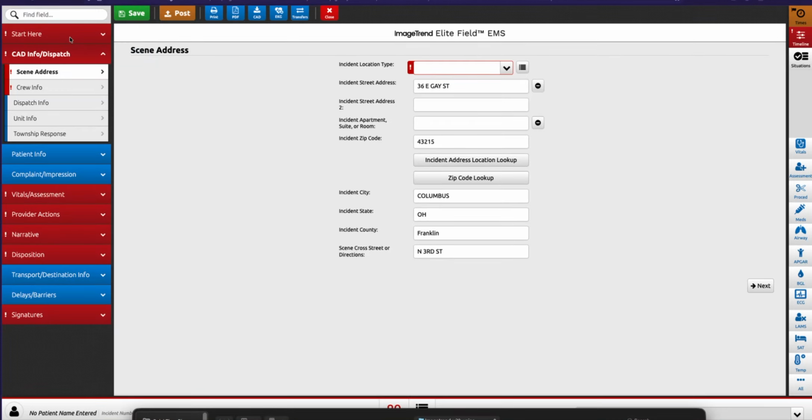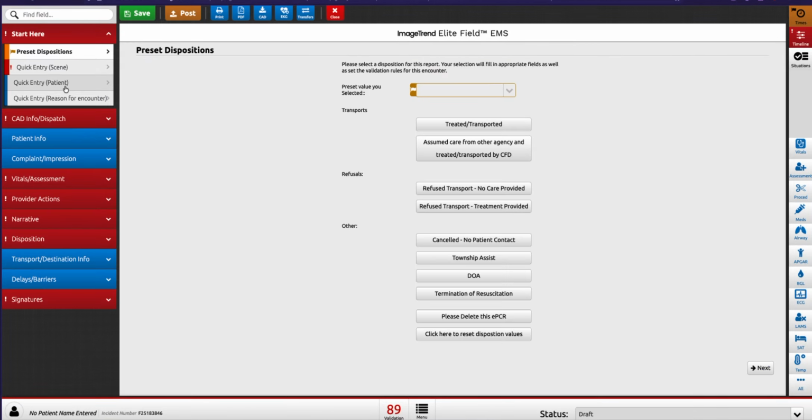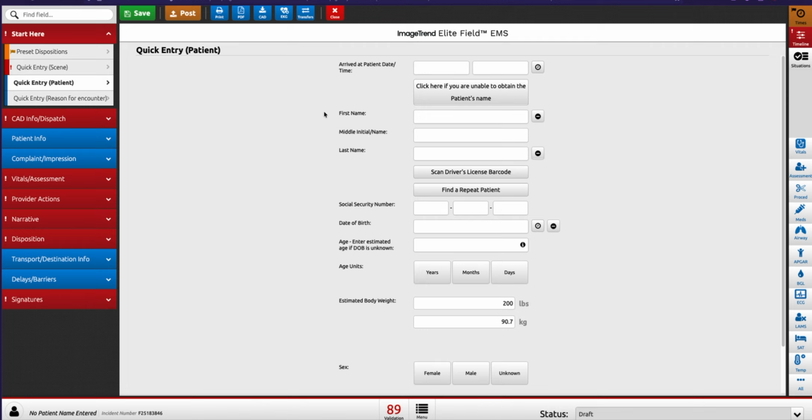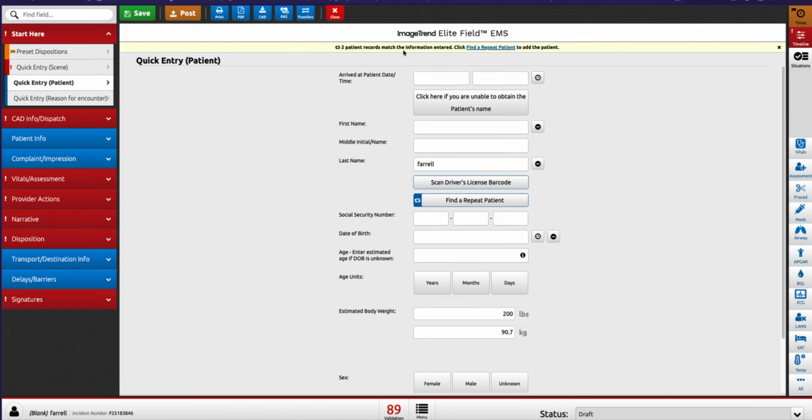Here's going to show you how to do a patient lookup. In the start here, the third section is going to be patient. If you type in the patient's information, such as, once you tab out and enter, this bar up top is going to show up, reminding you that there's a